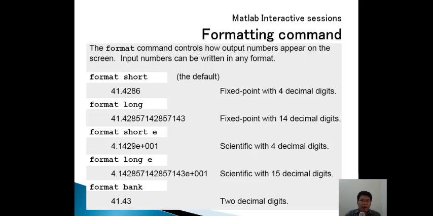Next is formatting. If we type format short, this is the current default for Matlab settings. If we put format long, it will display 14 decimal digits. If we use format short E, then it will become